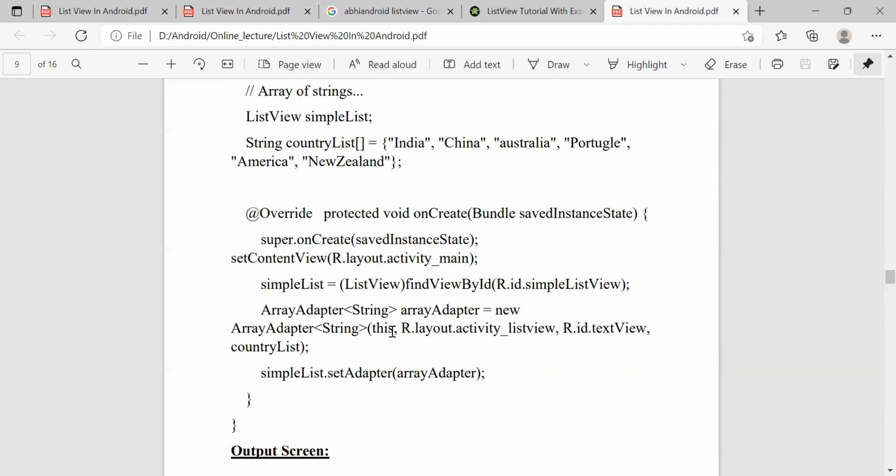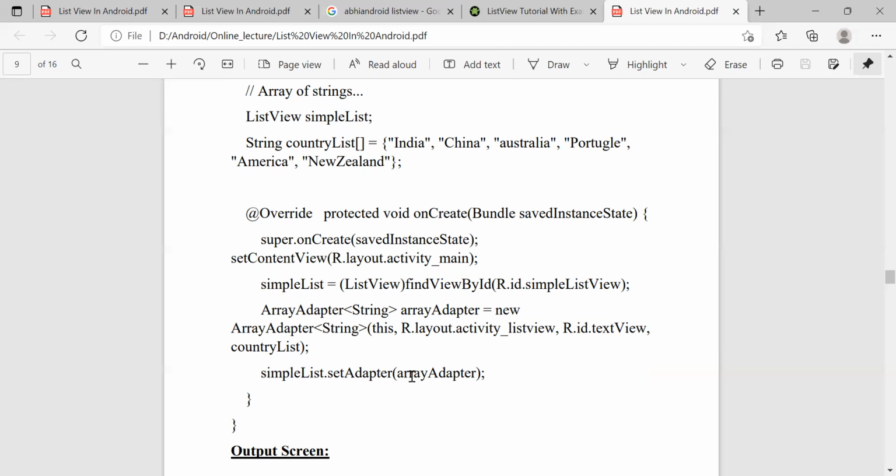So it requires four parameters. First one is the screen, then the list view. Third one is the text view that we use with its ID, and the array. These four parameters we require that we pass, and after that we set the adapter by using the set adapter method.